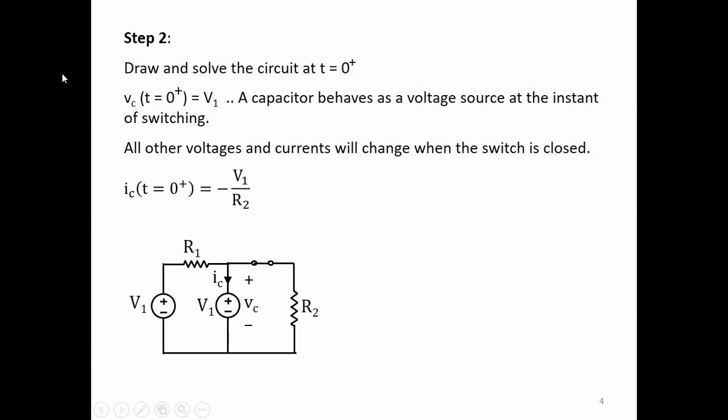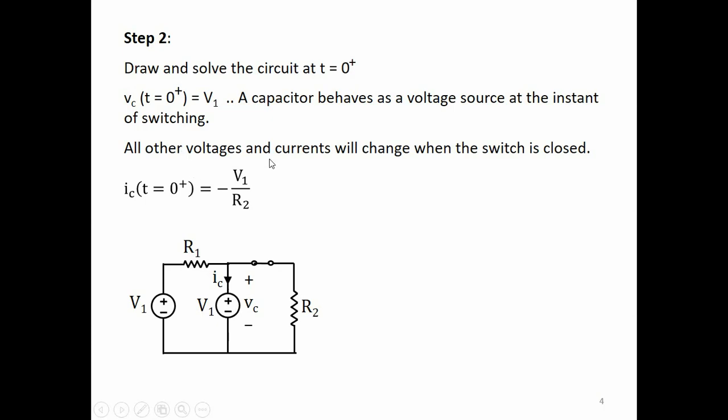So this circuit is drawn at this moment, only in this moment of time, all right? And at that moment of time, the capacitor voltage is V1, and therefore it is often convenient to draw the capacitor as a voltage source so that we can solve the circuit. We could draw a capacitor and write the voltage, but because we know the voltage at this moment in time, we usually draw a voltage source. Okay, so with this voltage source,